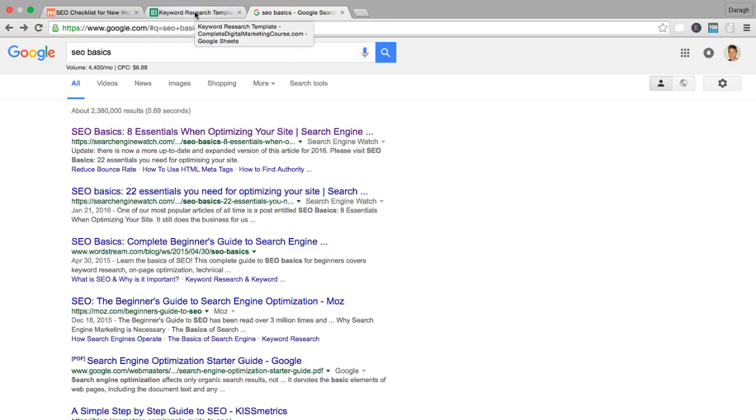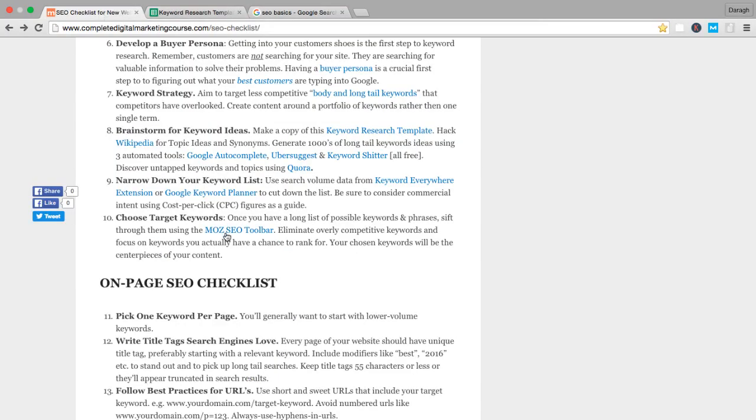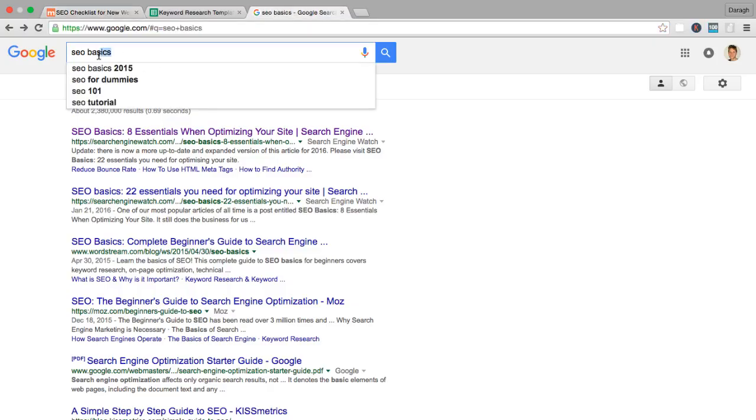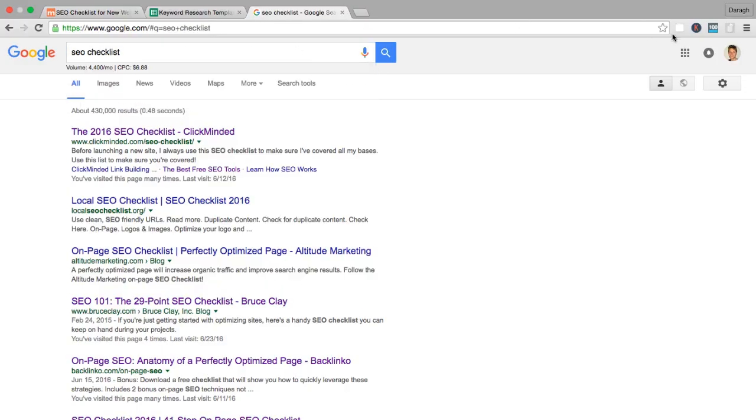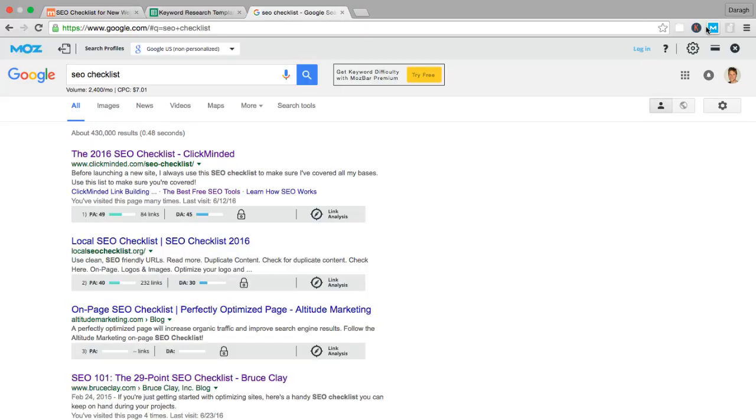Now, as well as that, what you can do is actually download a Mozbar Chrome extension. This is just going to give us more information on our competitors and help us decide how strong those competitors are. Once you've got that downloaded, it's very easy to install. You'll see it pop up in your Chrome browser here. And what I can maybe do is look at another keyword here. I can just toggle this on, and now you can see it brings up a host of information